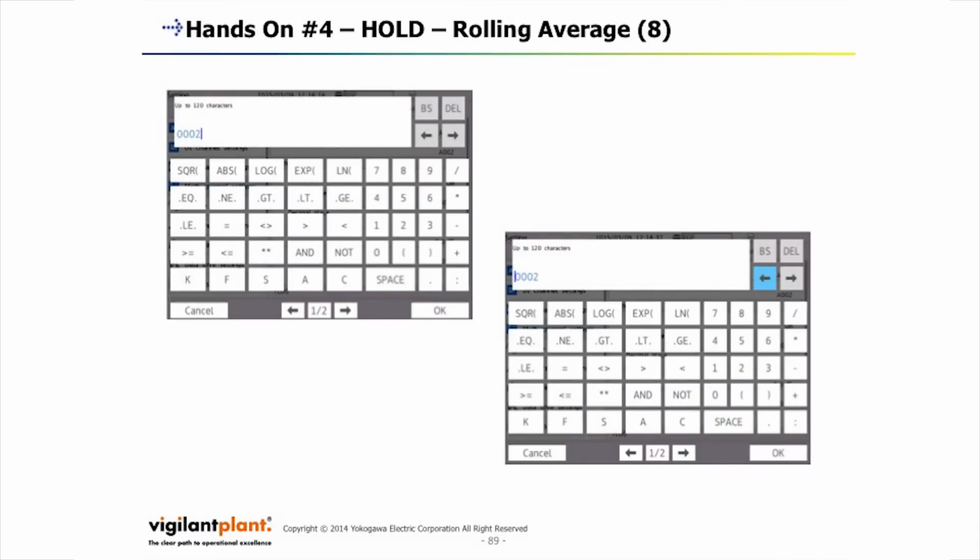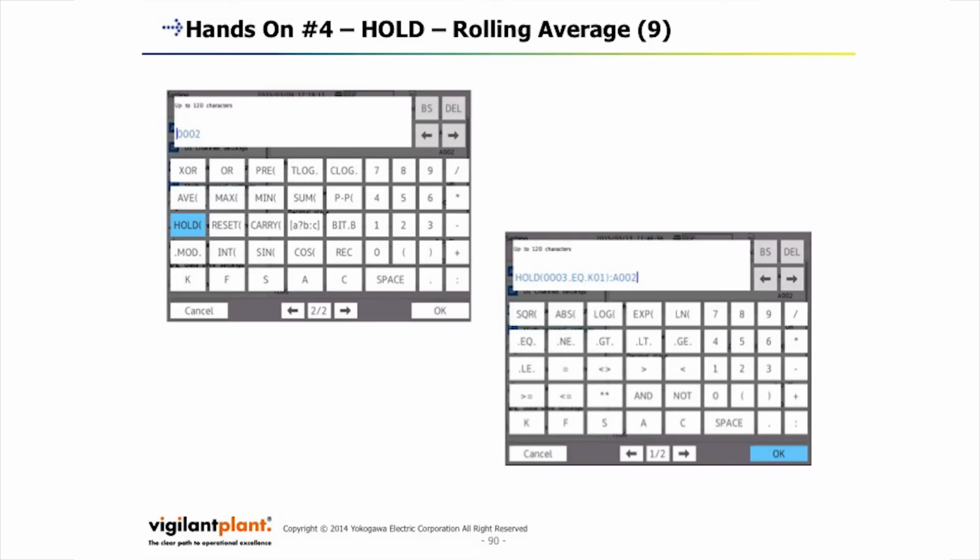And what we're going to do is backspace, use your left arrow key, and move in front of our 002 because we're going to input some formula in front of that. So once we're to the left of that, we're going to select the hold open statement. And then what we need to do, with the keypad and the arrow keys and the 1-2 key, is enter this statement here that you see: hold open parentheses 0003 dot equal to K01 close parentheses